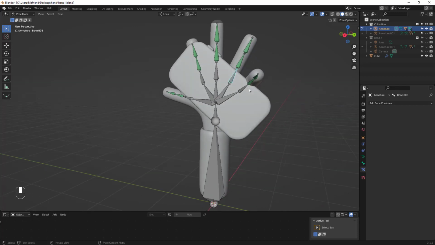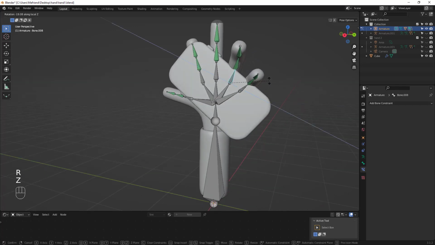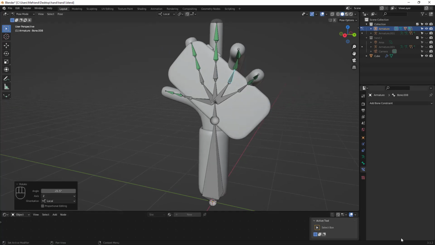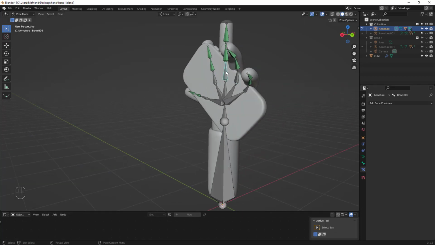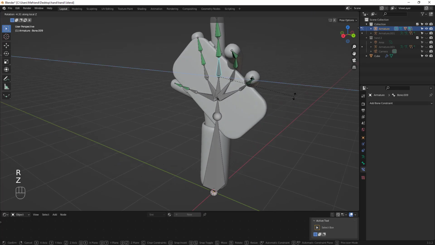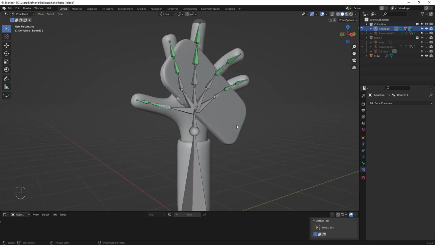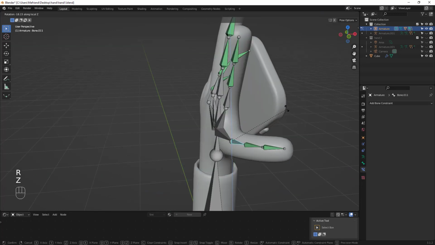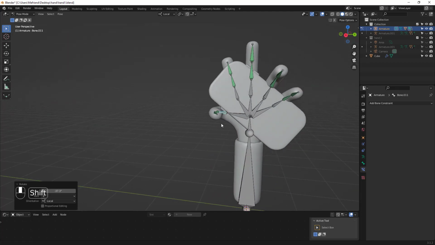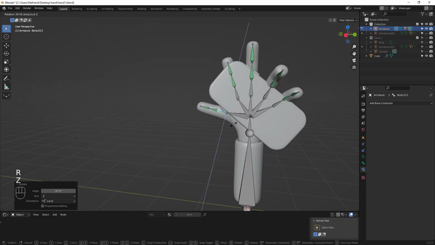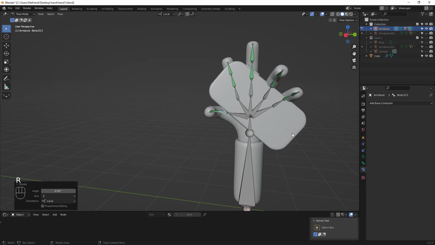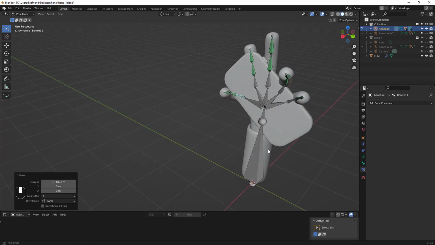I'll do the same for this. R, Z. I'm going to rotate this one like this as well, and I'll select this one as well. I'll do R, Z. I'm going to rotate it inside like this as well, and I'll select this, do R, Z, rotate it inside, R, Z, inside like this, R, Z, and I'll do G, X, now move it like this. Okay,